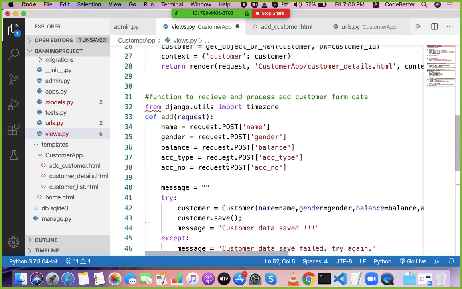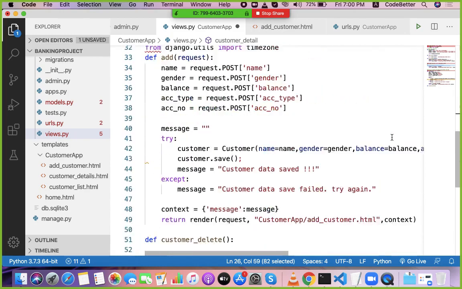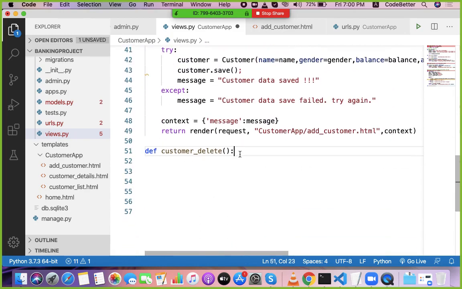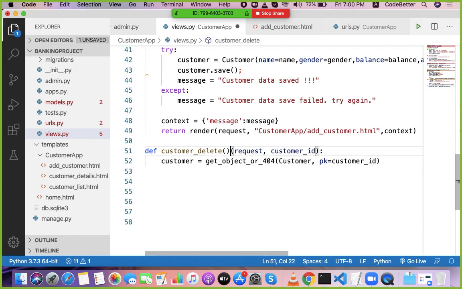This function will get the customer ID, and using that customer ID will fetch the customer object.